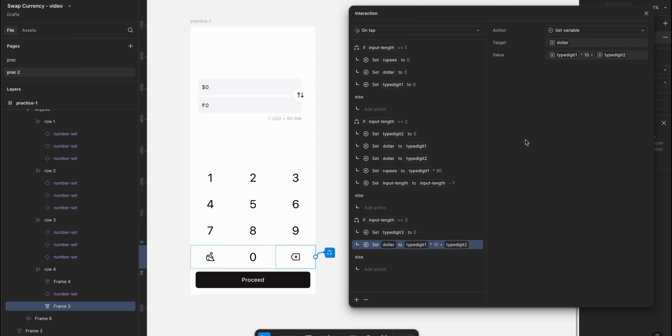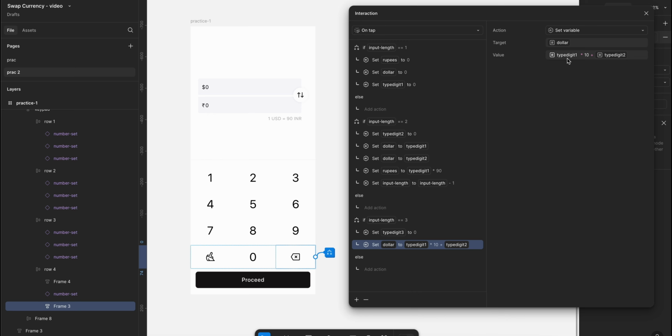So if we have 3 items, we need to tell it to kindly remove the third digit, meaning the third digit gets deleted. In the dollar input field we will see type digit 1